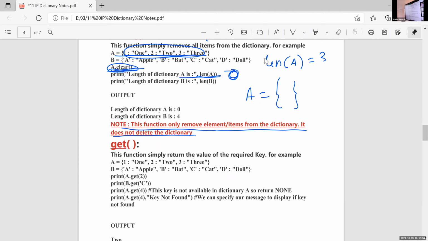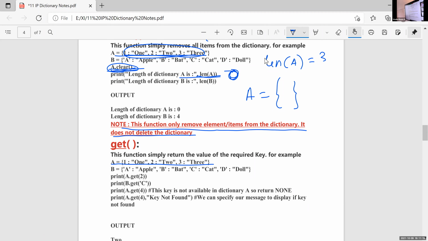So next is the get function. This function simply returns the value of the required key. For example, A is equal to the same values, 1, 2, 3.